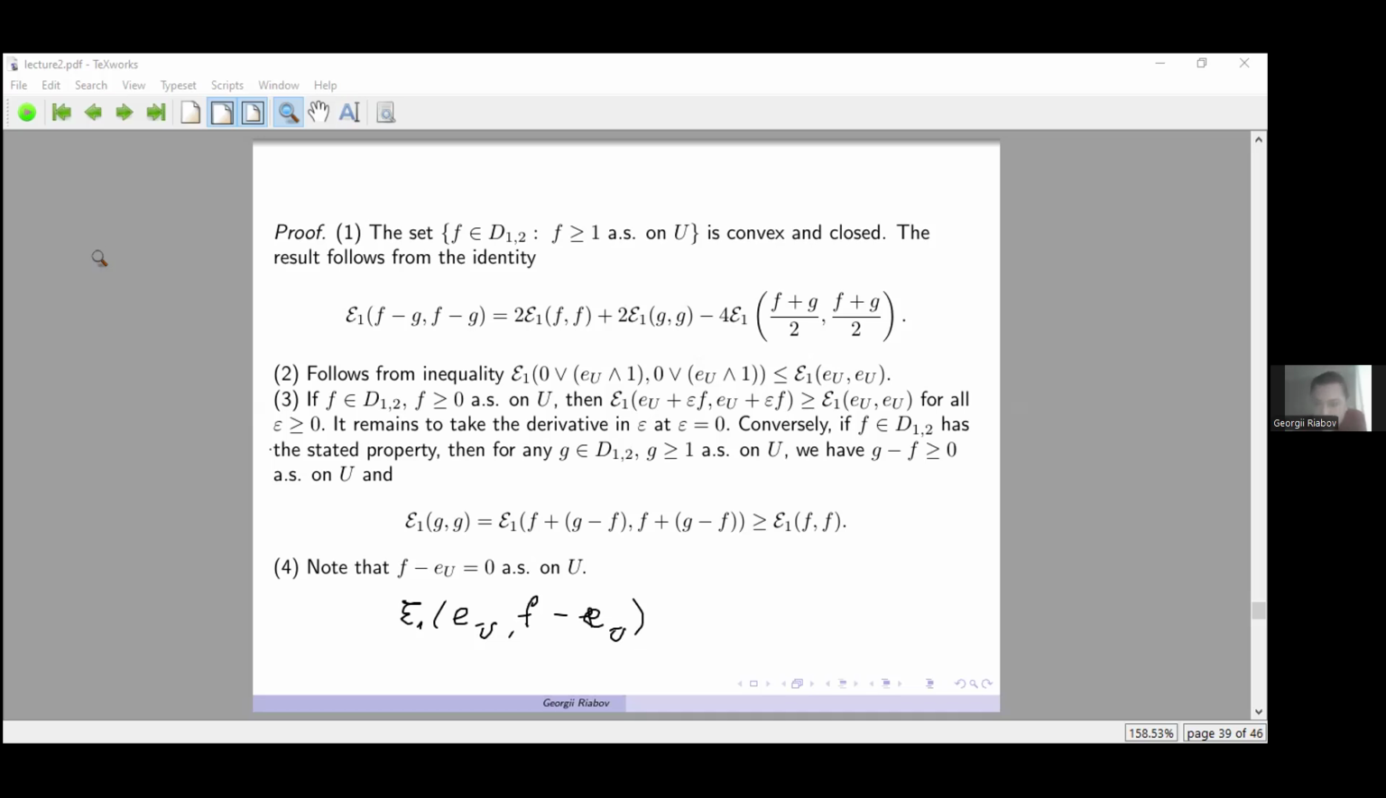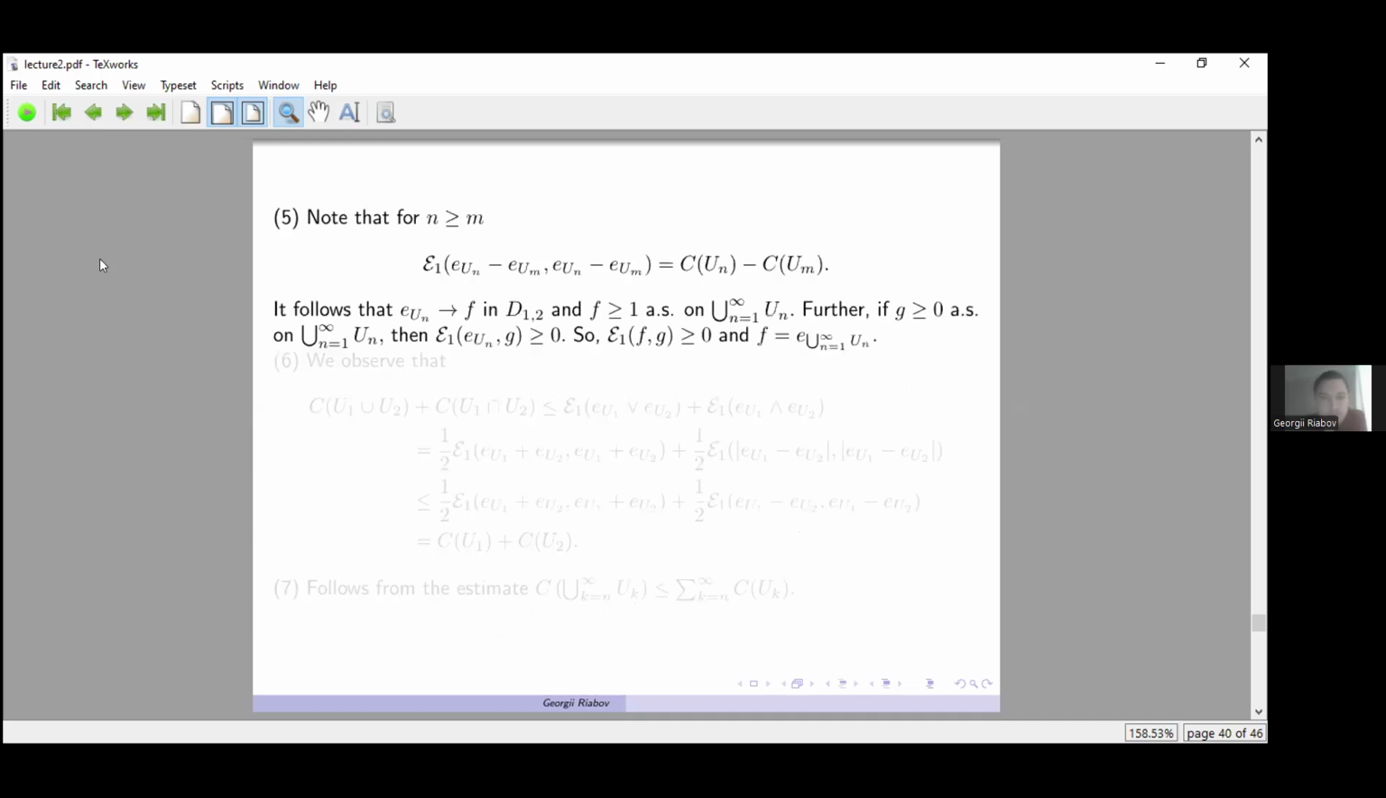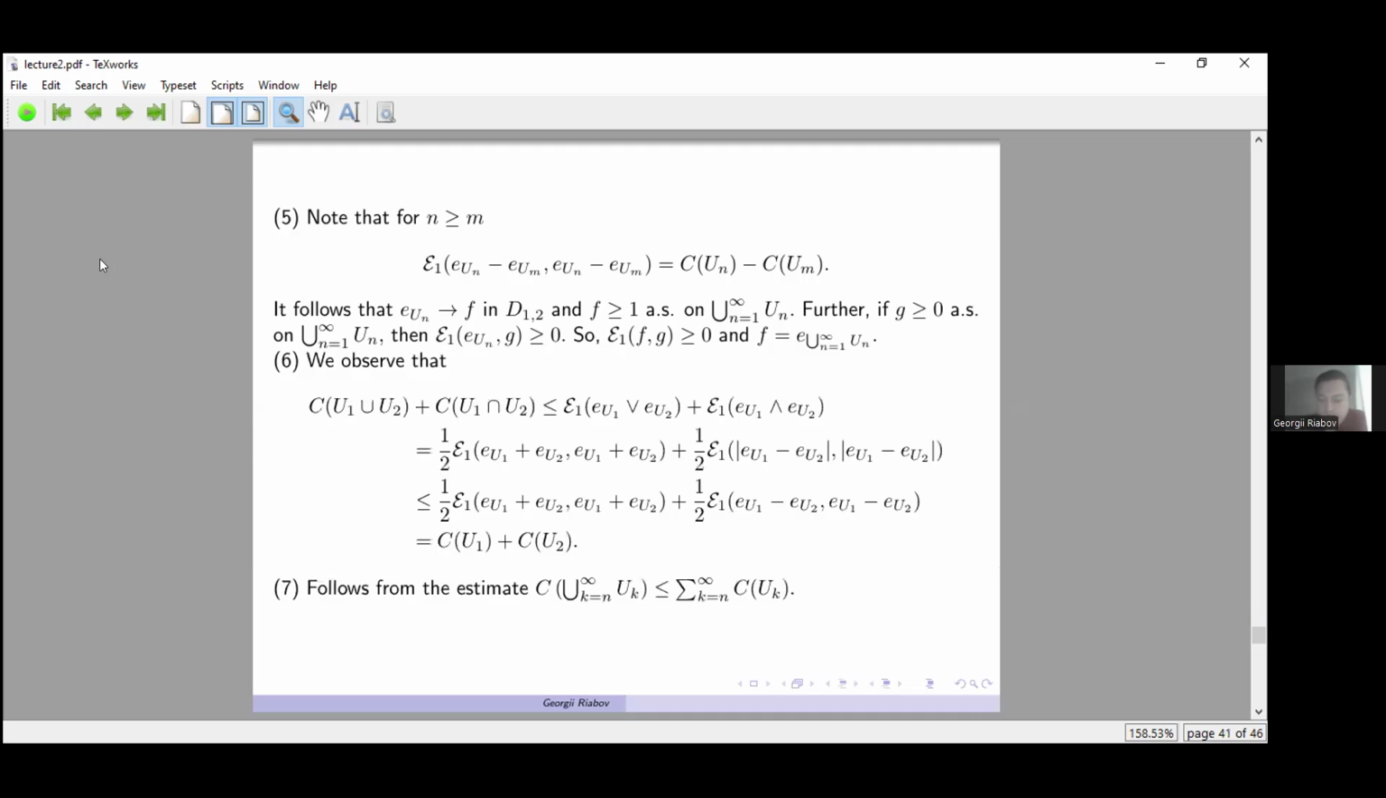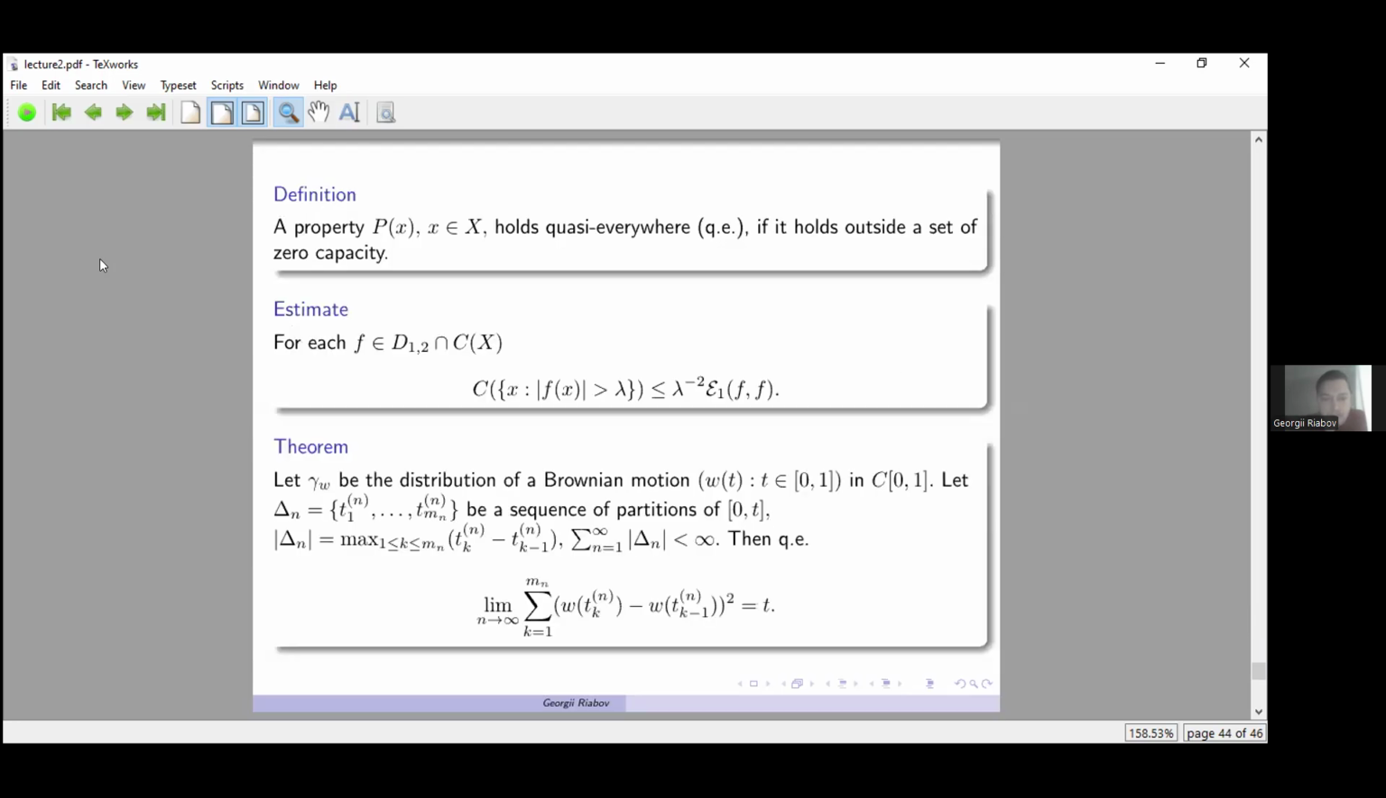And probably we will finish it in the next lecture. So we will prove the properties 5 to 7, and we will show that for the Brownian motion, the property of existence of a quadratic